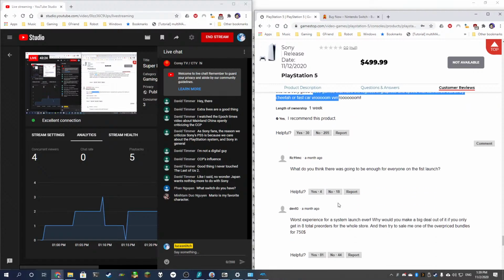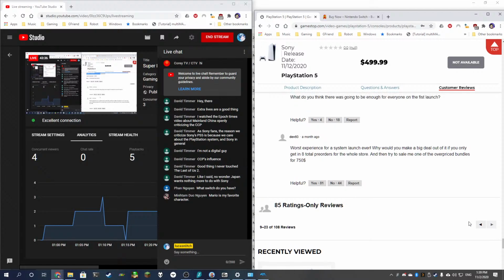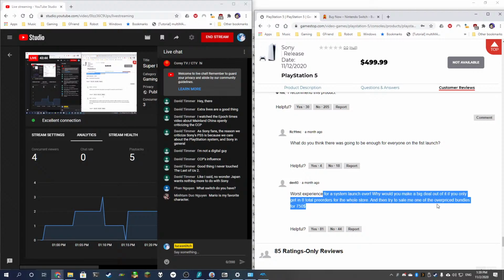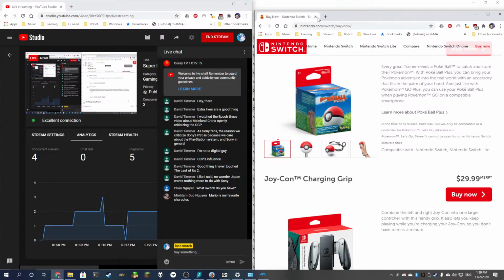There's gonna be enough for everyone on the first launch. No. They always sell out, honestly. Like the Nintendo Switch, when it first came out, it was really hard to get. And that started the scalpers era. Worst experience for a launch system. Why make it? You only get actual pre-orders for the whole store, and then try to sell me one for the overpriced bundles for $750. Yep, the Switch has fallen to that too. But